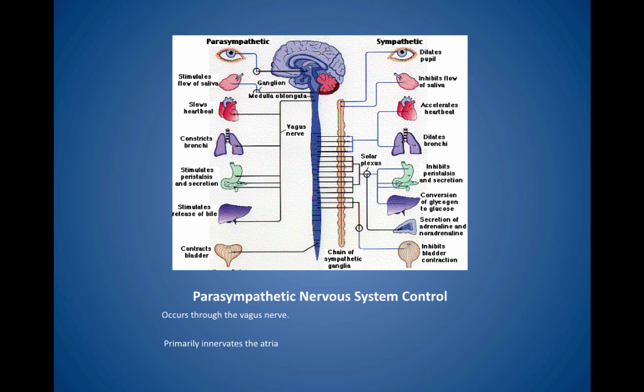So the sympathetic and parasympathetic are kind of the yin and yang, right? They're in constant battle or balancing with each other, trying to find that stasis. The parasympathetic nervous control of the heart occurs through the vagus nerve. I think most of us are very familiar with the call to the bathroom where the patient has had that vagolytic response, or somebody who's been sitting for a long time and stands up too quickly, gets that response, and the next thing you know, they're doing a header into the floor. So the parasympathetic nervous system primarily innervates the